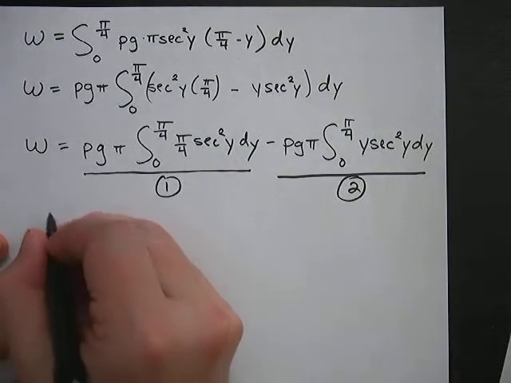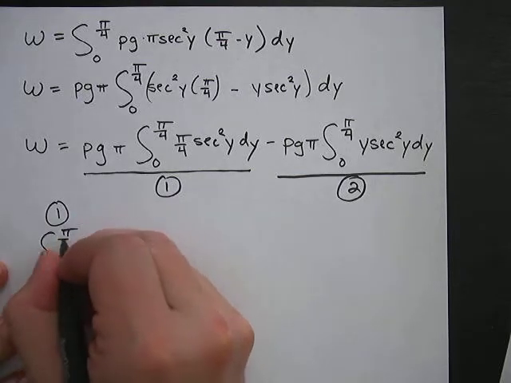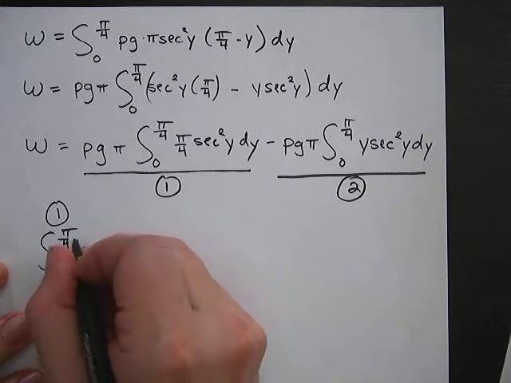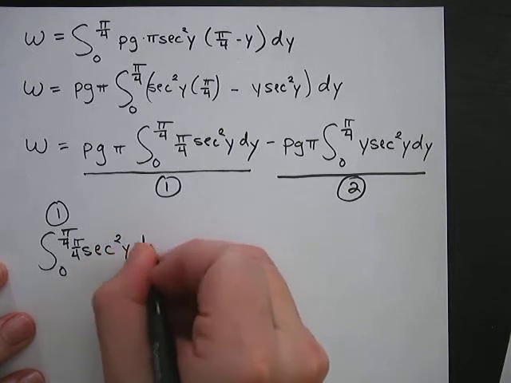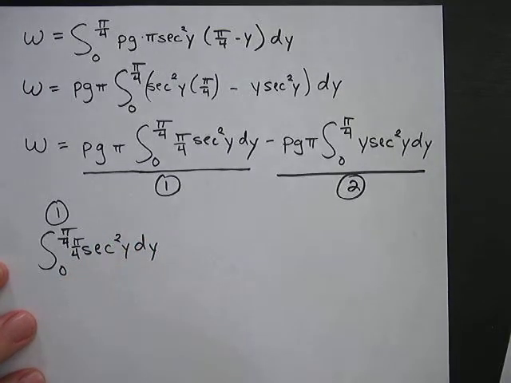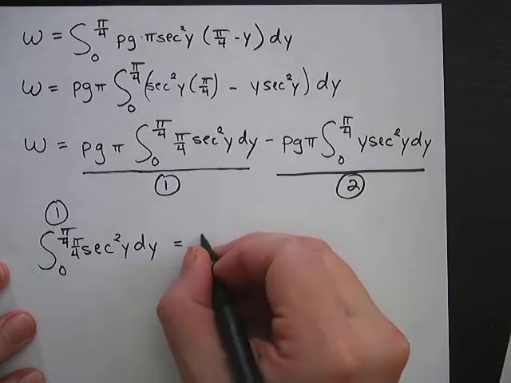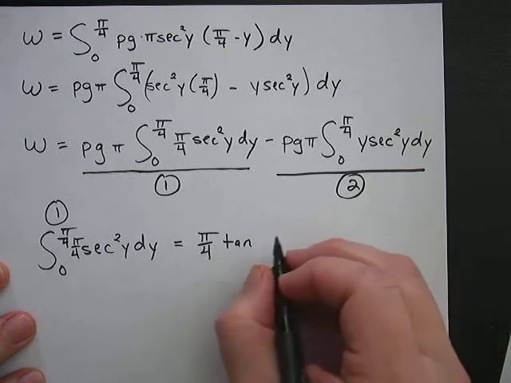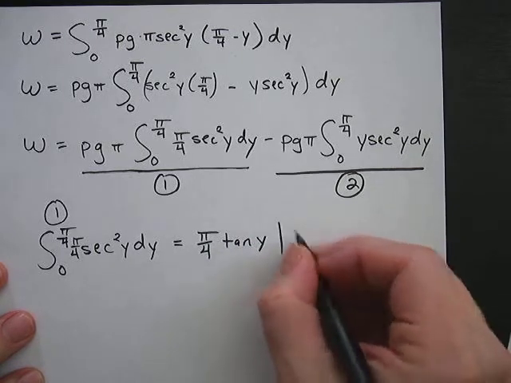All right, so integral 1 will be the integral from 0 to pi over 4 of pi over 4 times secant squared y dy. Now, the integral of secant squared y is tangent. So this becomes pi over 4 tangent of y,